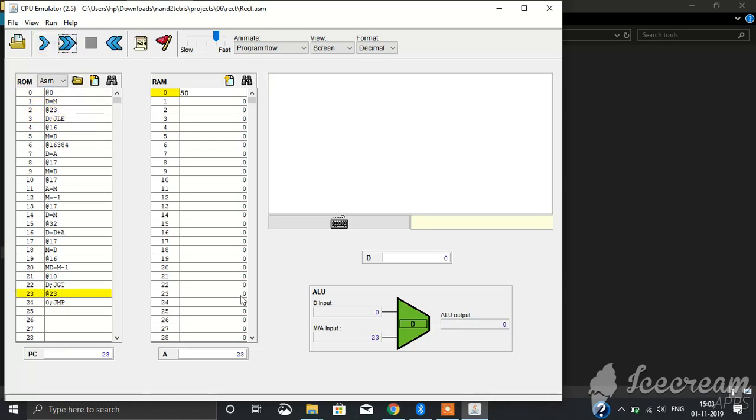Yeah, you can see from here the ALU is performing the work. We have received the D input as 0 and the M/A input as 23, and the specified output is D, so we get the ALU output as 0. In this particular code, the ALU has the function of the multiplexer. If we have specified D to be the output, then it will give D. If we move to the next step, we have, if we move to the fast pace,